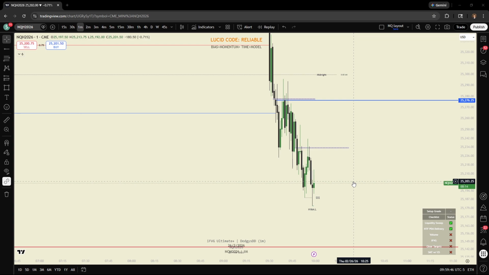Because think about it. If the bias is going to be easy today and we're going to get the move and the dream scenario out of the hourly fair value gap, do you really think we don't want it to happen in the first 30, 45 minutes of open? And if it just doesn't, then it doesn't, and you move on to the next day.